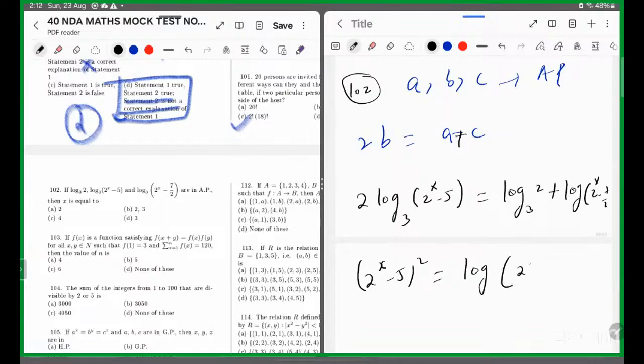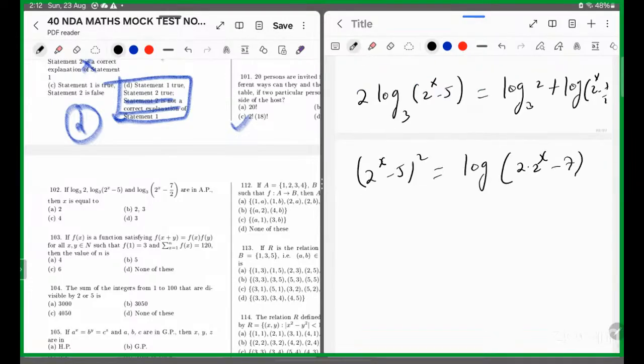बराबर इसको मैं लिख सकता हूँ log इन दोनों का मल्टीप्लीकेशन। तो क्या आएगा? 2 4x, 2 × 2 4x माइनस, वो क्या था वहां पे? 7/2 था क्या? हाँ। तो 2 और 2 कट हो जाएगा, तो -7 आएगा। तो यहाँ पे log को हटा दूंगा मैं दोनों साइड। तो ये आएगा। हाँ, इधर हम वैल्यू पुट कर सकते हैं डायरेक्टली। फॉर एग्जाम्पल मैंने 3 पुट किया, 3 पुट करने पे ये 8 आएगा।